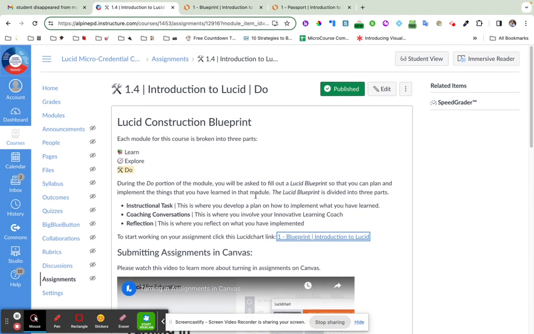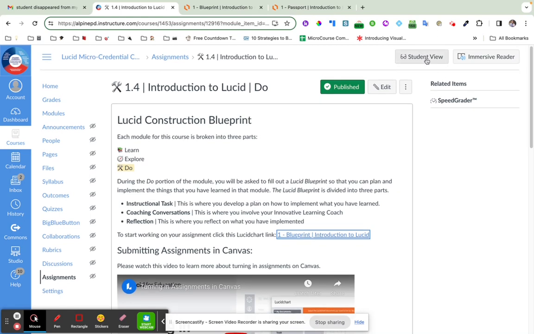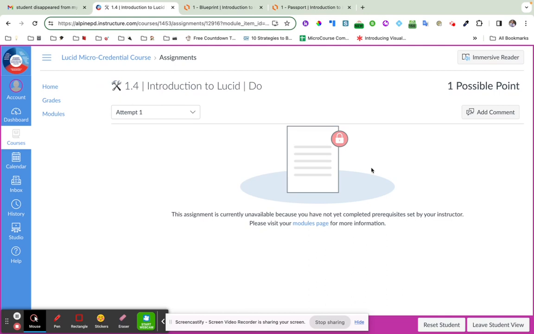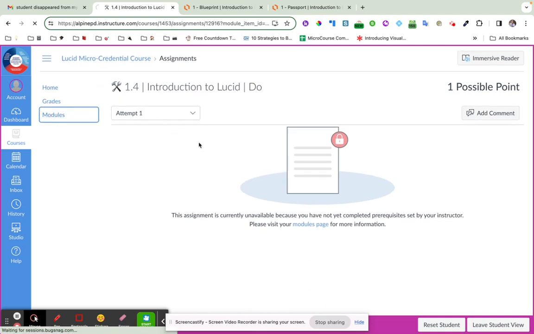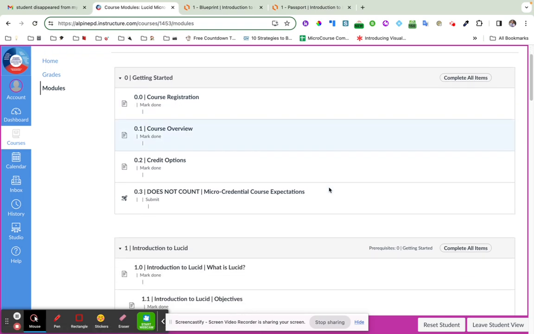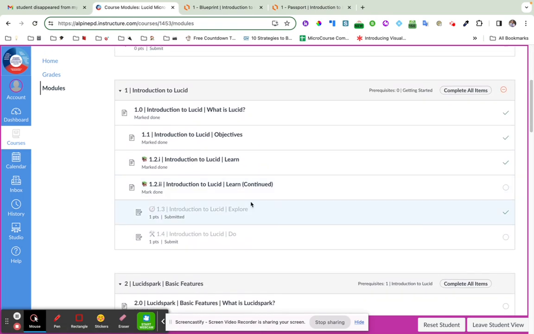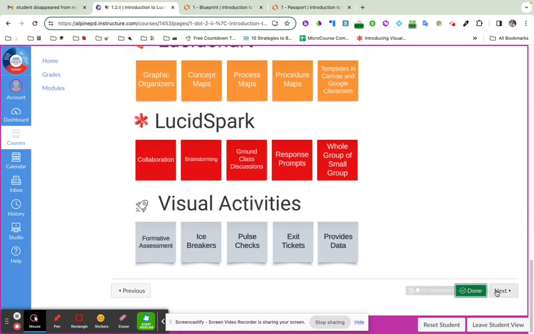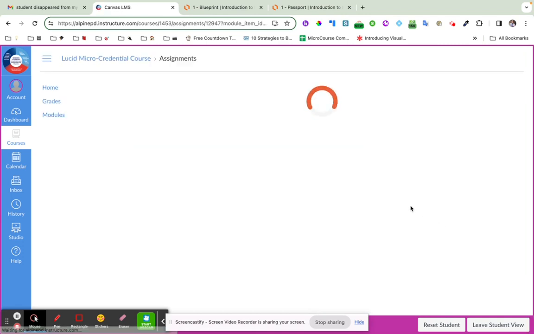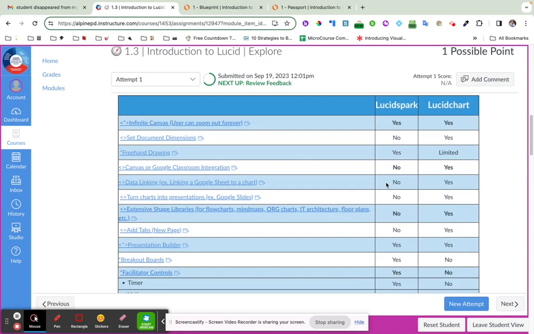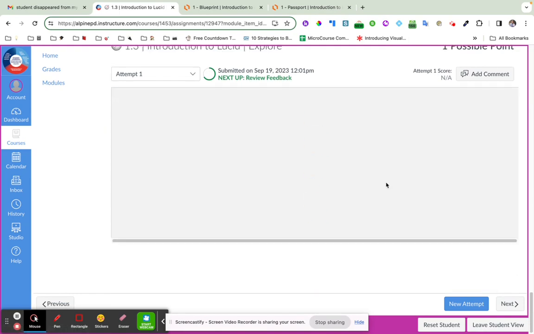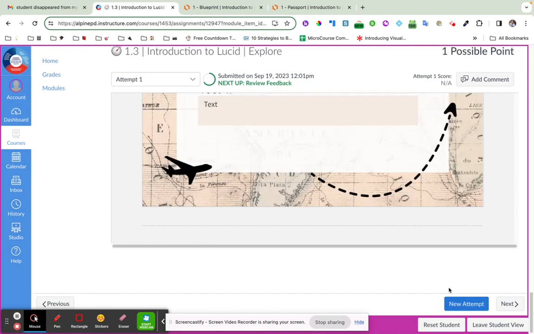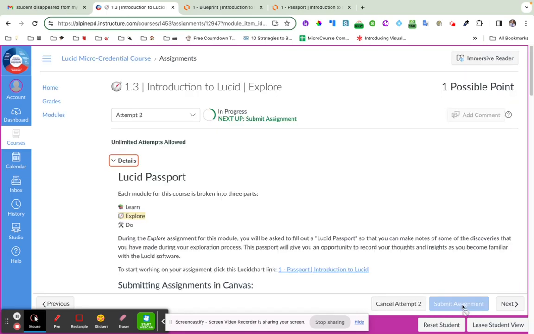The way that you would do that is I'm just going to switch to student view here really quickly. If I'm in the assignment, it's basically saying it's not ready for that to be viewed. So I'm just going to go through the course in order. So now I'm in the assignment and I want to submit it. Now it's prompting me for a new attempt. So I must have already submitted something, but if I click on new attempt,